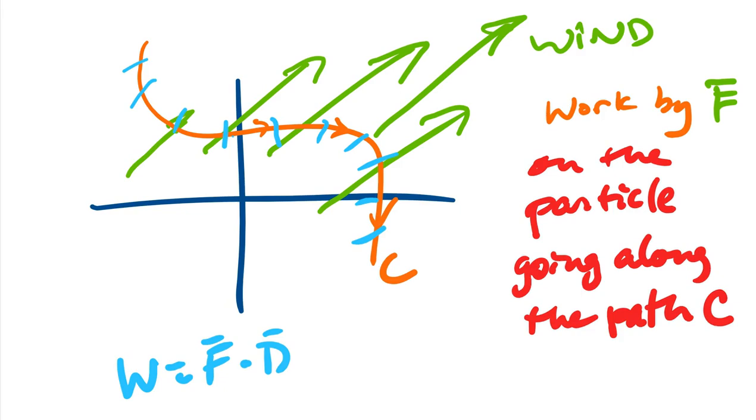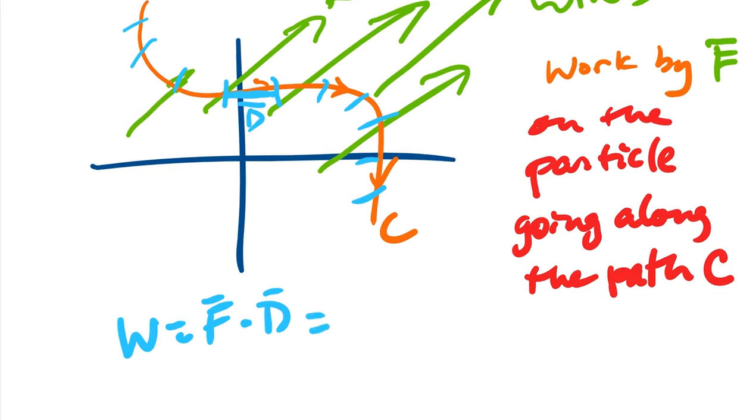And so you look at the distance traveled in a little piece, and we're going to call that dr. And then if you look, the work is the dot product of the two. So you have your force vector F. Remember, the dot product is associated to cosine. So it's the length of F times the length of D times the cosine of the